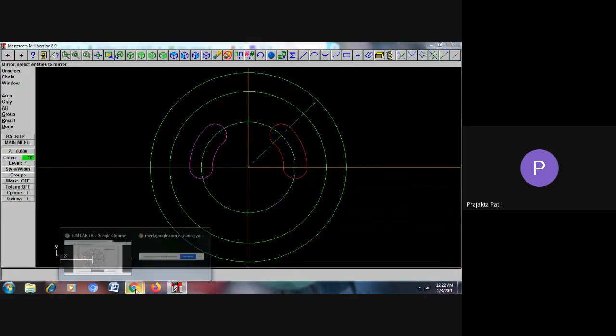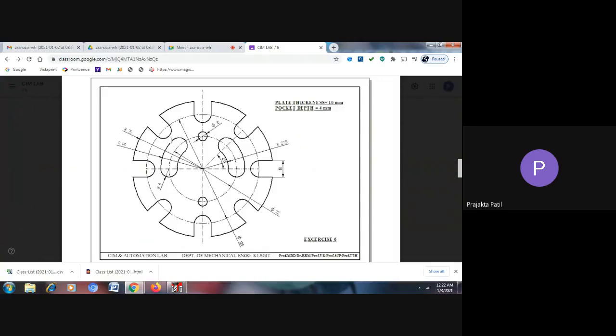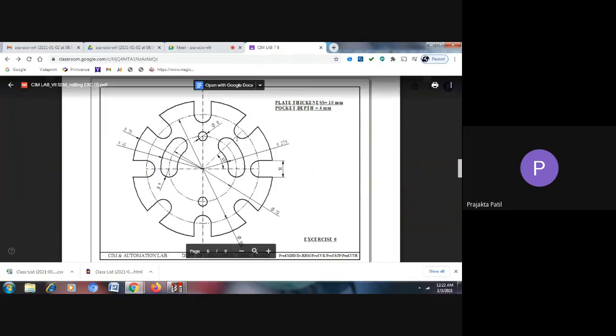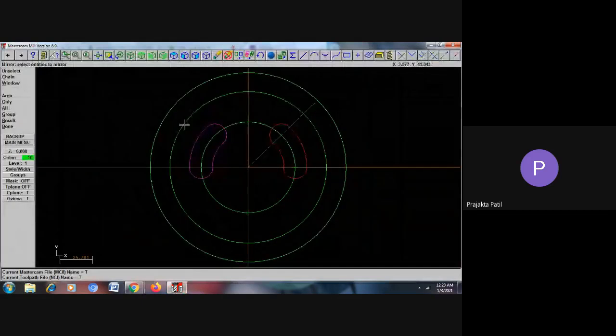So if you observe this exercise, the geometry that is shown here, we have taken care of these drills and the pocket. Now only left is this U cut that is there here, right? So now how to get that? If you observe at the point of intersection of this 45 degrees line and this 120 diameter circle, we can draw a circle here and then draw these lines. What is the diameter of that circle? You can see the diameter of the circle is 18 mm. So let me get that.